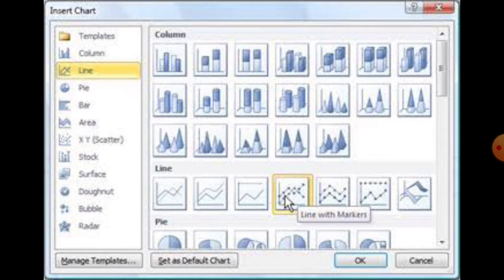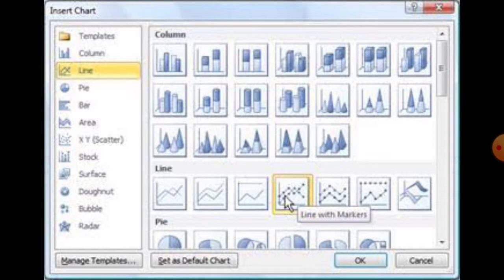Pie, when there is only one row or column of data and each item is to be shown as proportional to the sum of all the items. Bar, when comparison among individual items is to be shown. Area, when the size of an item is to be highlighted.